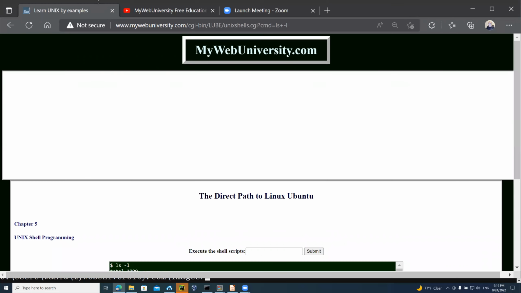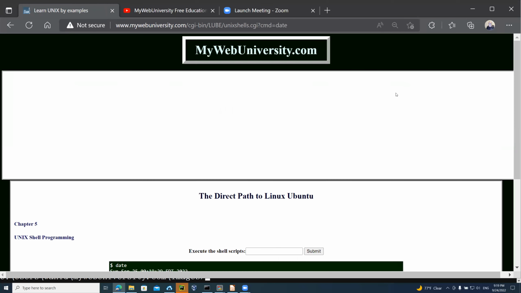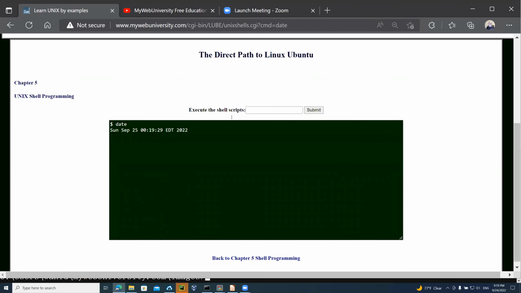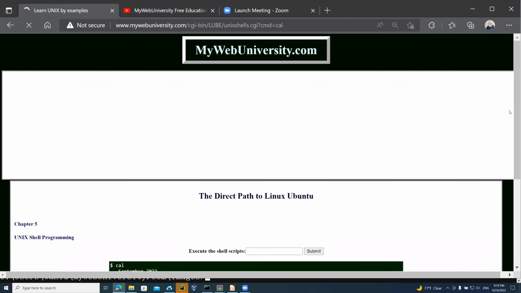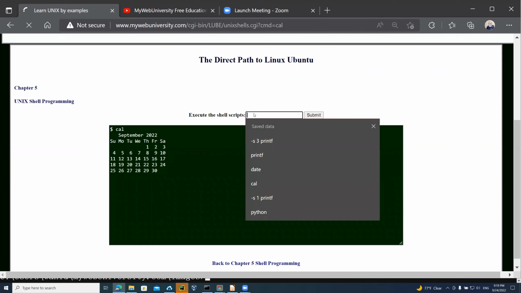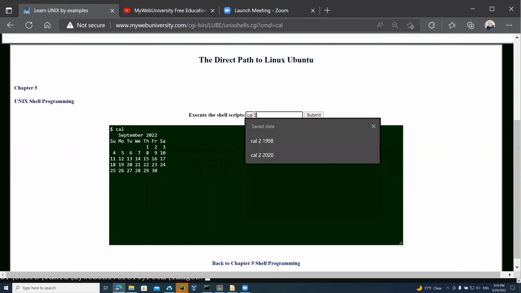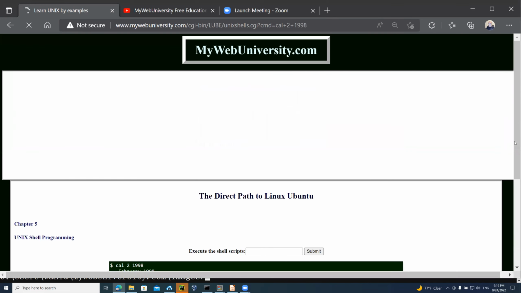You can just dynamically run these commands. As you can see, if I run the date, it is not just going to be static. It is generating as today. And then when I do the calendar, it is this month. So if I just want to see the calendar of another time, like calendar 1998 of February, then I could just run that syntax and it will give me